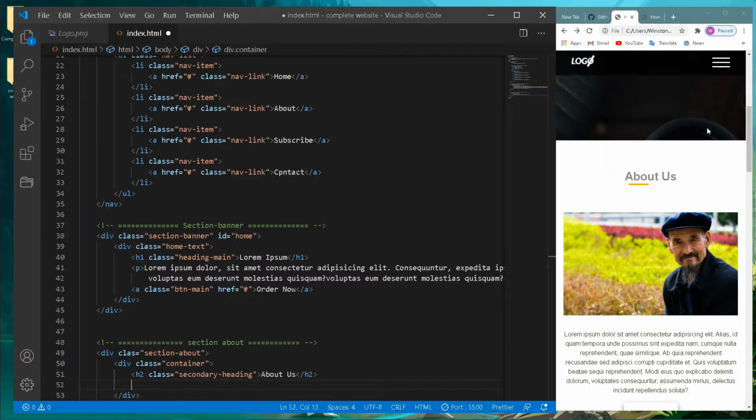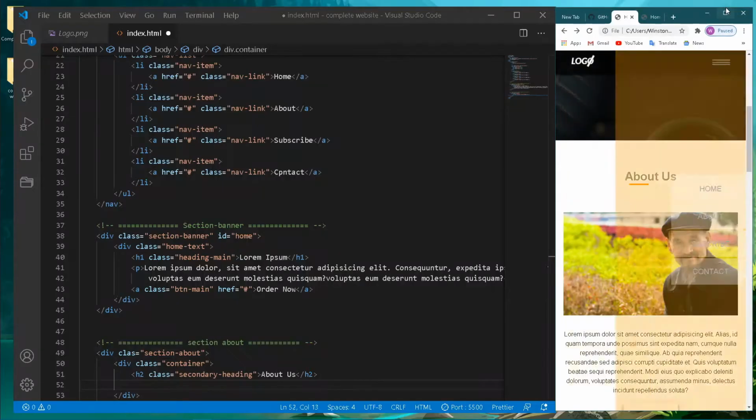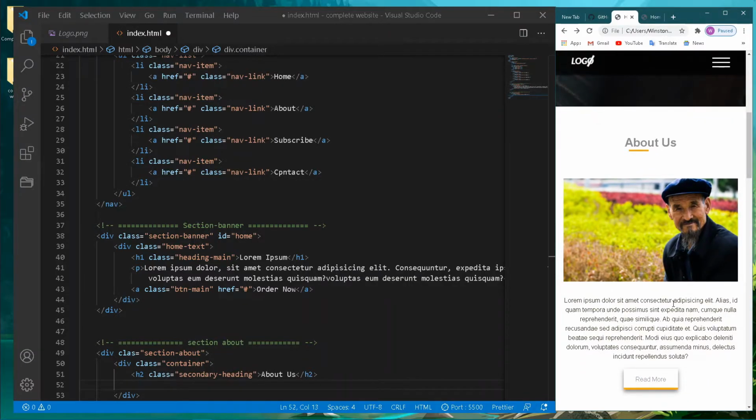All right, and then for the image, I'm going to use CSS grid or Flexbox. I think I'll use Flexbox in here, or grid, whichever one works. That way I'm going to have a container, a wrapper around these two things, so that when we're on the bigger screen, we tell the wrapper to make it display side by side, and when you're on the smaller screen, the wrapper is going to make it display stacked, one on top of the other. So I'm going to have a div